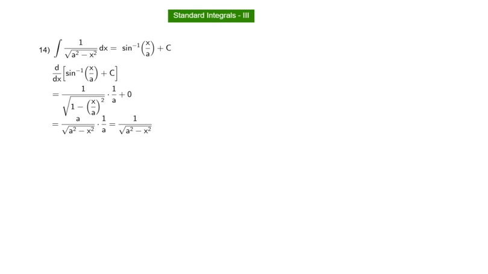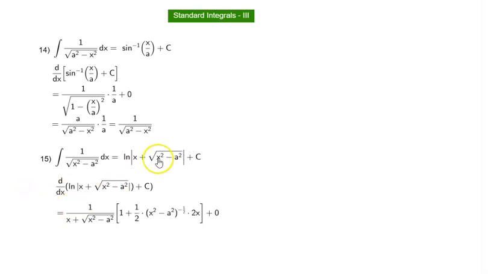under the integral. Next one, integral of 1 by square root of x square minus a square. Here it was a square minus x square. Here it is x square minus a square dx is equal to natural log of absolute value of x plus square root of x square minus a square plus c. Again, differentiating the right hand side, we get 1 by x plus square root of x square minus a square times the derivative of x, that is 1,